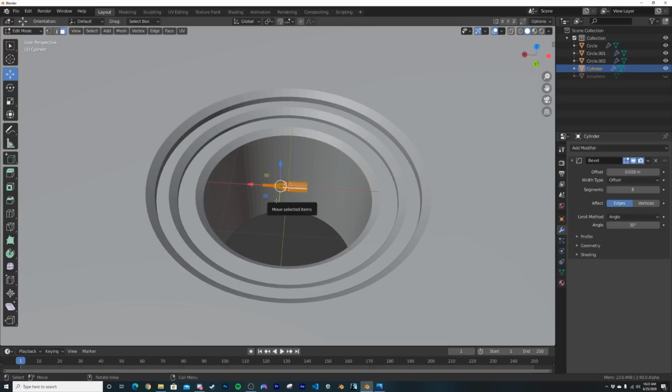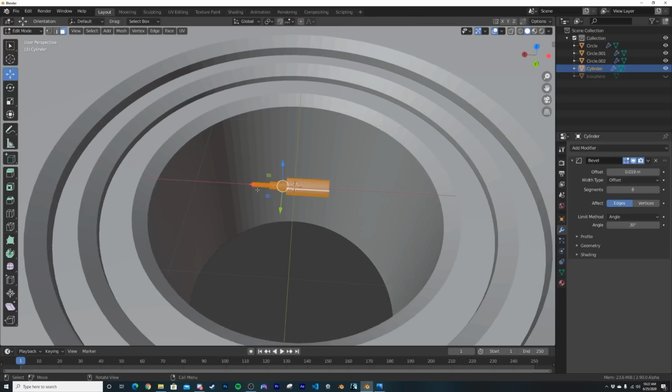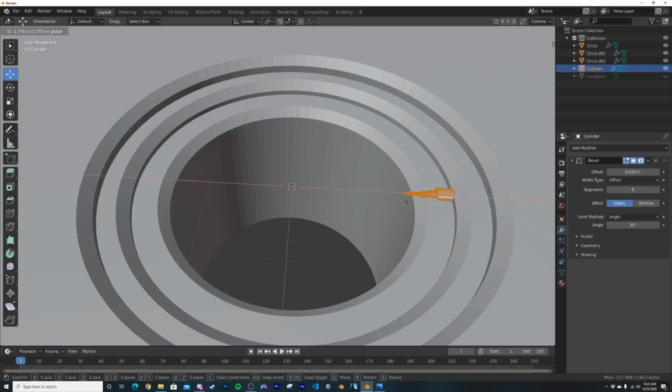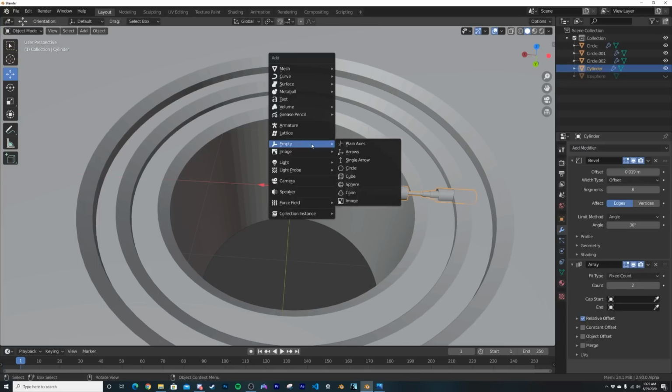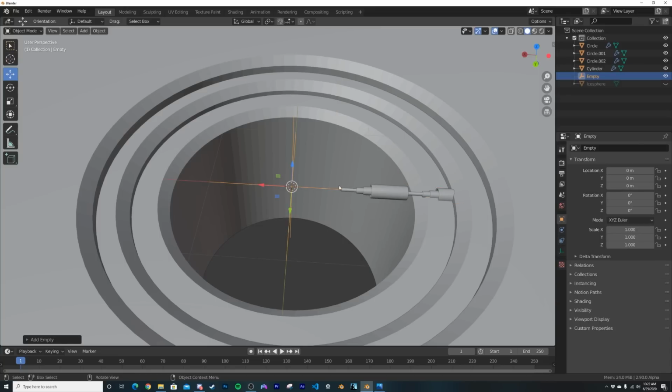I'm only going to do this once, and then on the other circular arrays, I'm just going to speed through it very quickly. So I'm going to bring it all the way here in edit mode, and I'm going to go ahead and add my array. So now he's there. I'm going to go ahead and get my plane axis empty. There's going to be quite a few near the end, so I'm going to name it Tube C for Tube